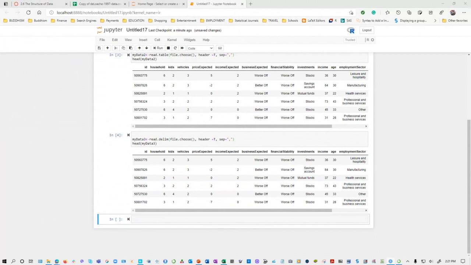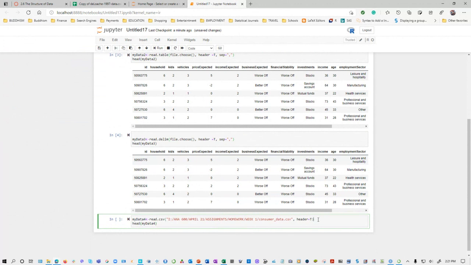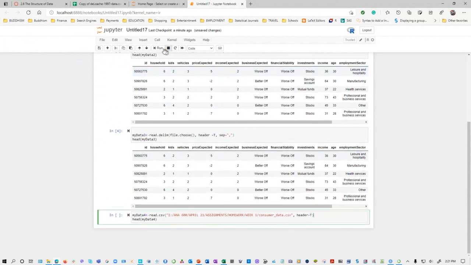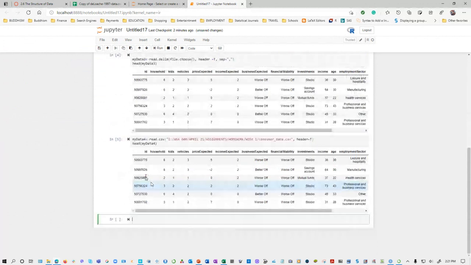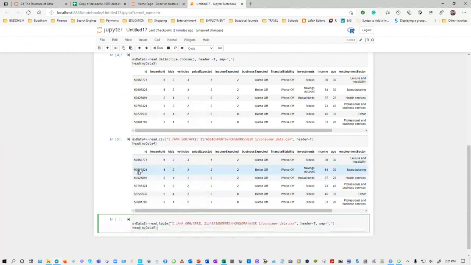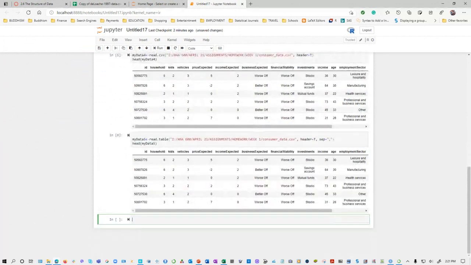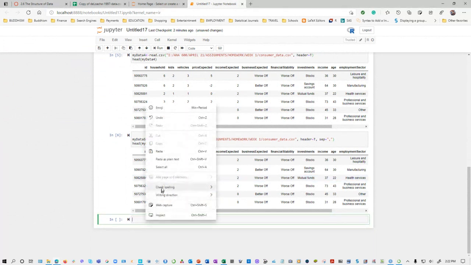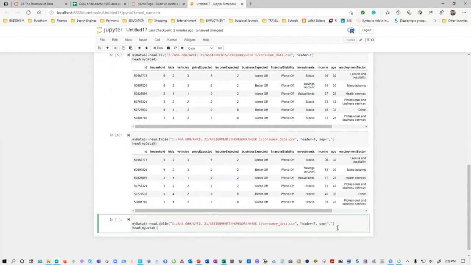Let's see how it's going to work. Let's run this one. Now I'm going to go straight to that folder and read it. See, it still works. And it's the same way with the table, giving the whole path and reading rather than going and choosing. See, you get it. And go to this one, and then